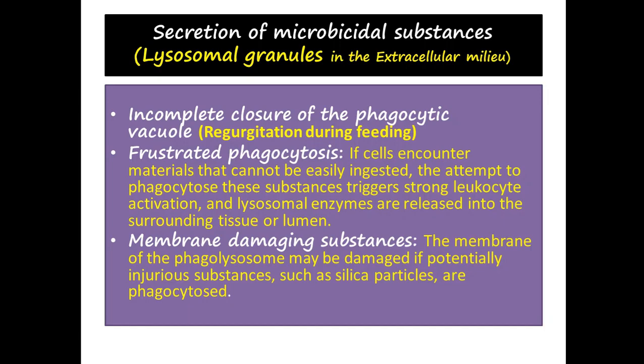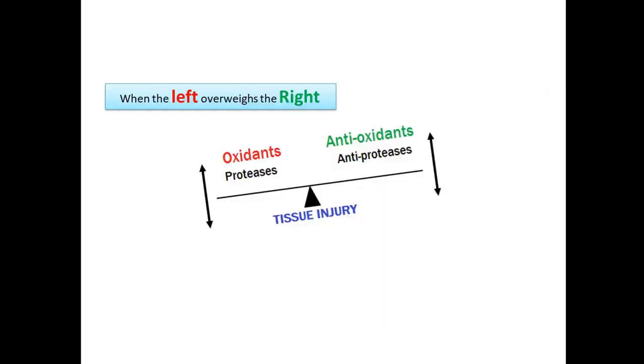In addition, there are certain injurious substances which damage the membrane of the leukocytes, for example silica particles, for which the leukocyte has no machinery to kill them, and the repeated attacks of the leukocytes on these substances, which can damage the membrane of the leukocytes, can cause substantial injury to the normal and healthy tissue. In this slide you can see that normally the reactive species are free radicals and enzymes like proteases, hydrolases,